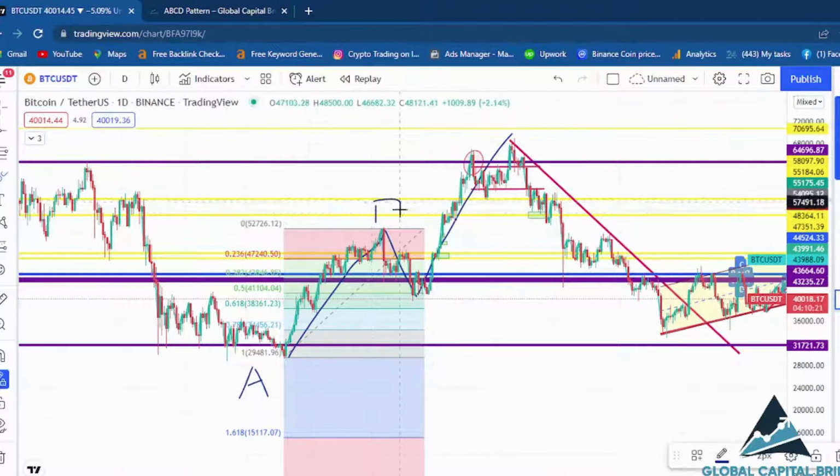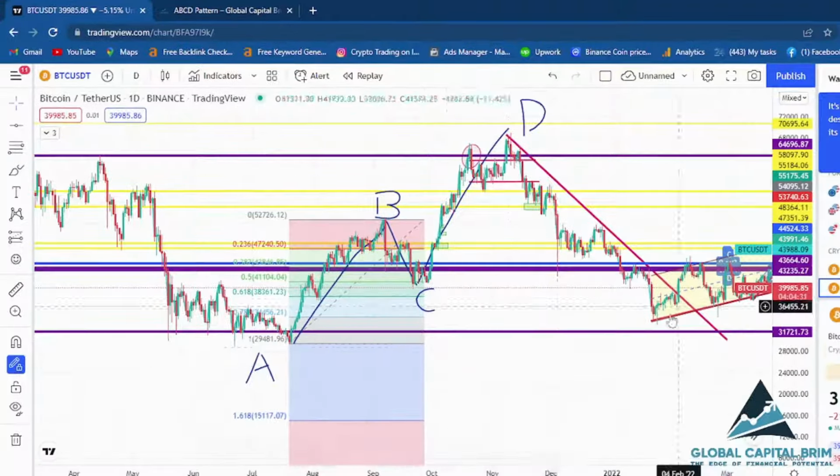Then this is our point B, and this is our point C, and this being our point D. So the market moved from point A to point B, then point C, and then point D. Alright, so now that we understand how the ABCD pattern looks when it's complete, now we need to understand